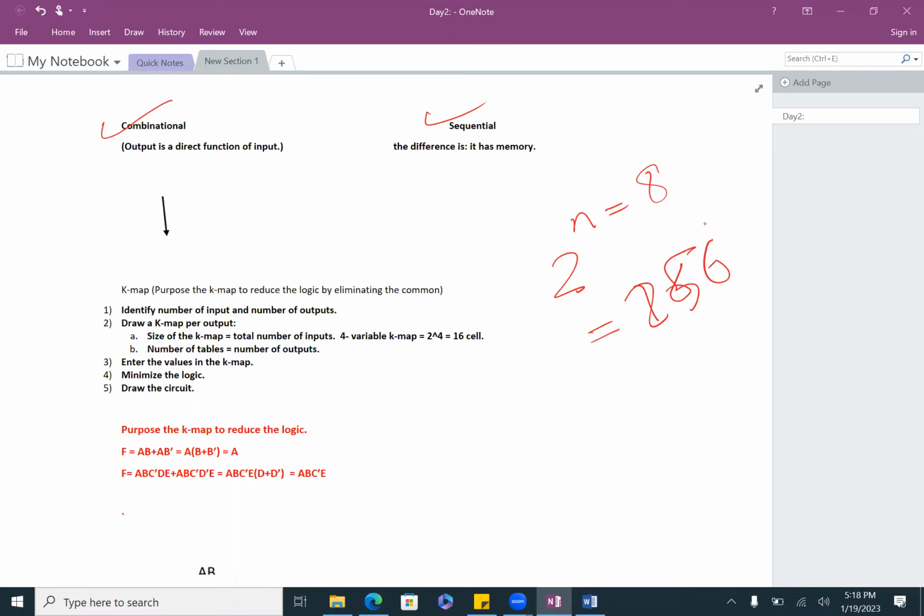That's why we said, if it's up to 6, okay, it's still hard to do a table for 2 to the power 6, which is 64. So still, it's hard, but it can be done. It's going to take some time to build a K-map. So that's why we said if we cannot,